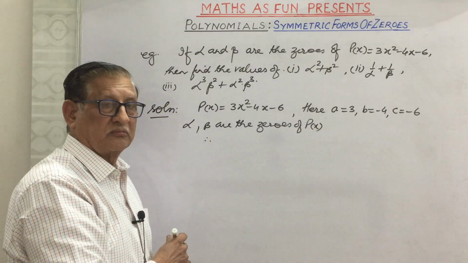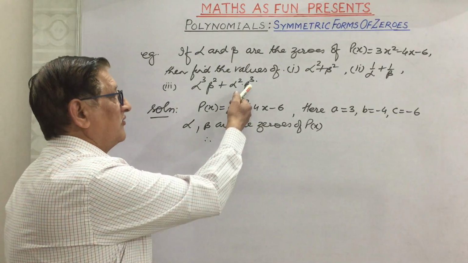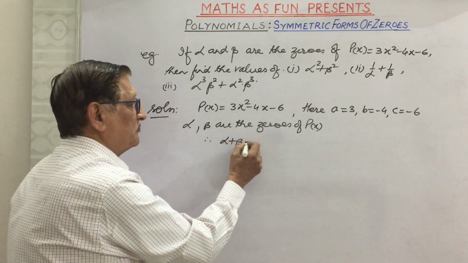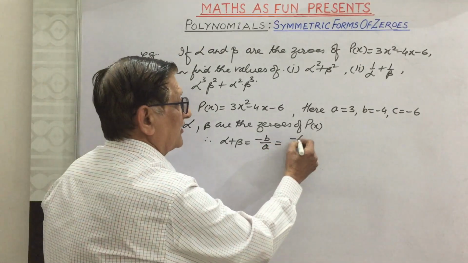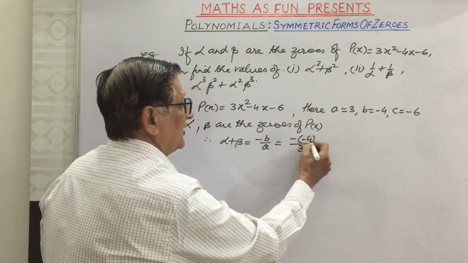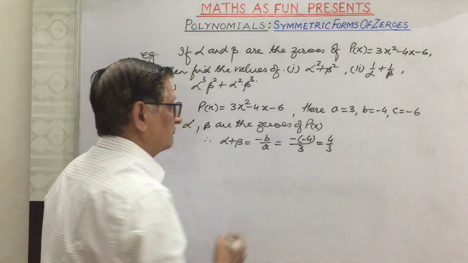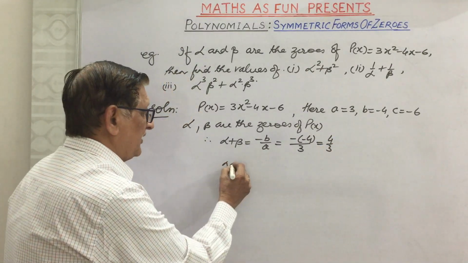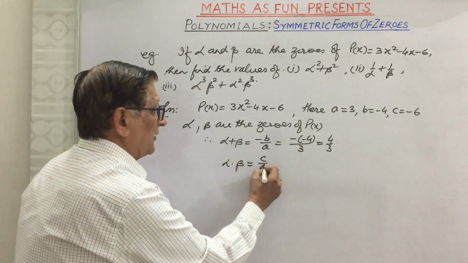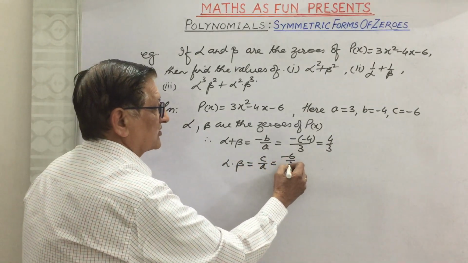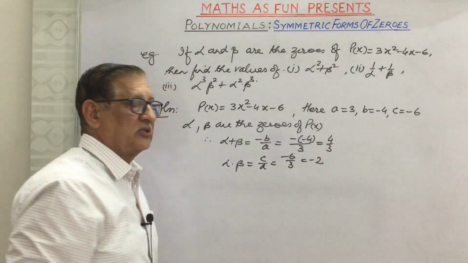therefore, we will have alpha plus beta equal to minus b upon a, which is minus of minus 4 upon 3, that is 4 upon 3. Alpha into beta is equal to c upon a,